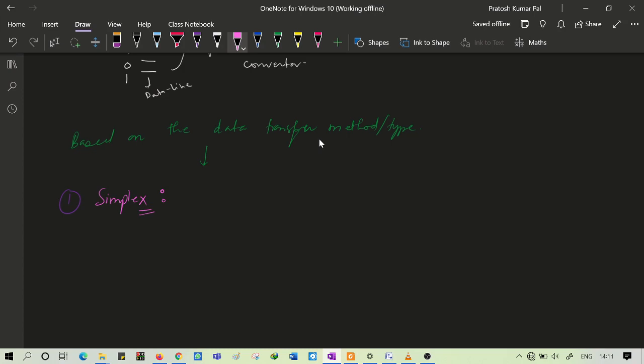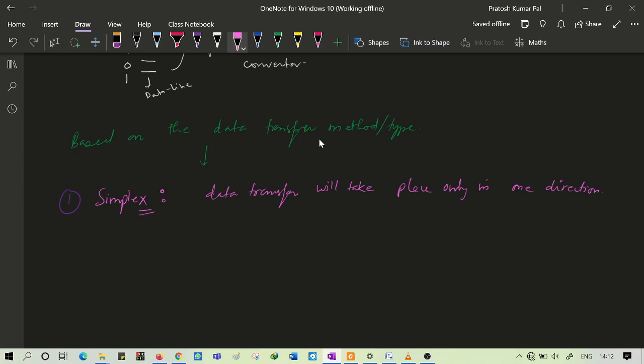In case of simplex type of data transfer, the data will be transmitted in only one direction. Here simplex means the data transfer will take place only in one direction.